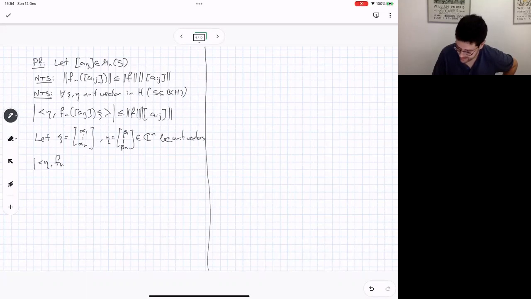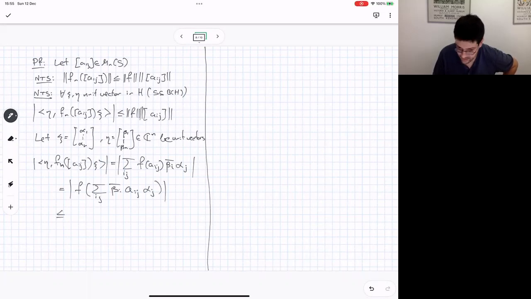Then eta star Fn of Aij psi, when you do the computation, you get the sum of F of Aij times beta i bar alpha j, which is F of the sum of beta i bar Aij alpha j, which is less than or equal to the norm of F times the norm of the sum of beta i bar Aij alpha j, which is equal to,